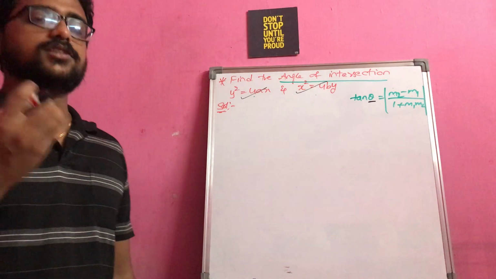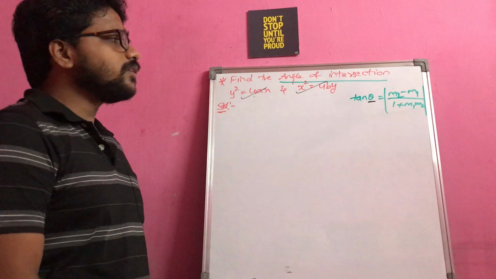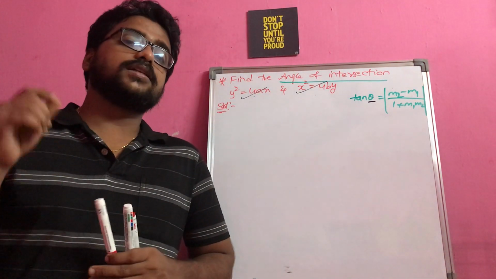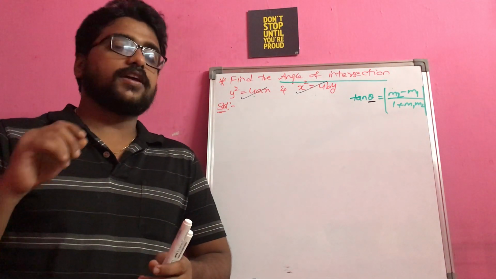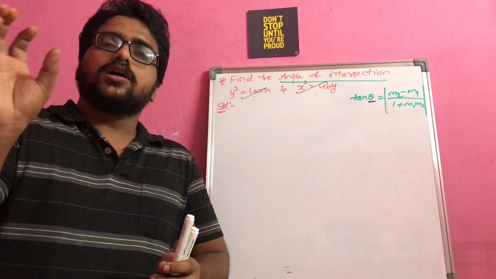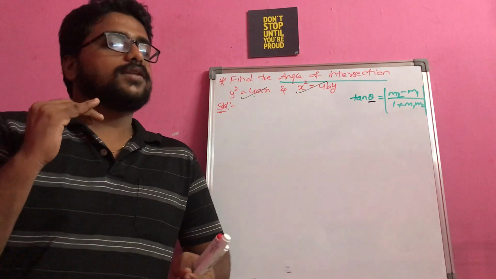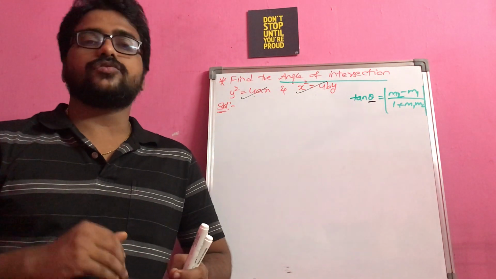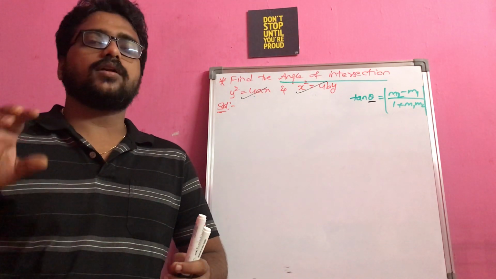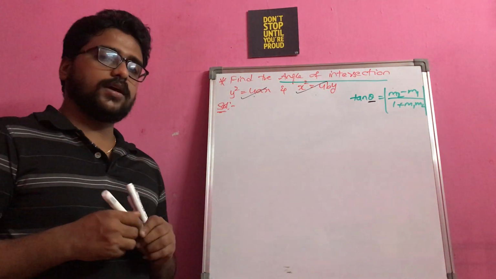So how will we find the point of intersection? Substitution method, elimination method, cross multiplication, like this we learned in our linear equations. These are not linear equations, but the substitution method is useful for any type of equation. It is just bringing one value from the other equation and substituting in the first equation to get the resultant value. That is why the substitution method is always useful, whether it is a linear equation, quadratic, biquadratic, whatever it may be. So let us try to simplify this by substituting one in another.